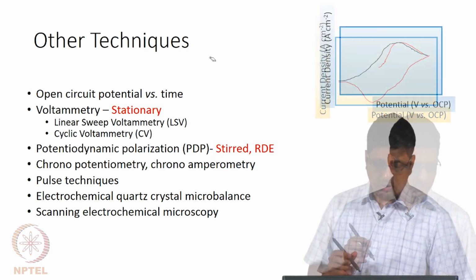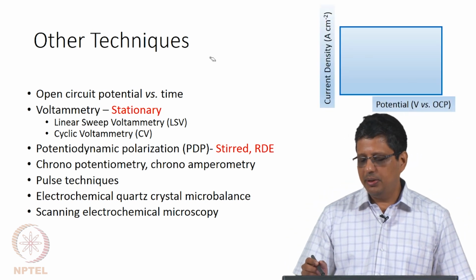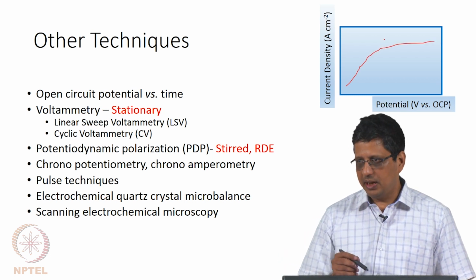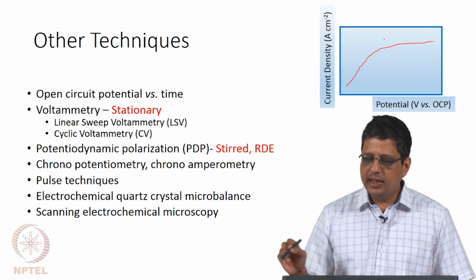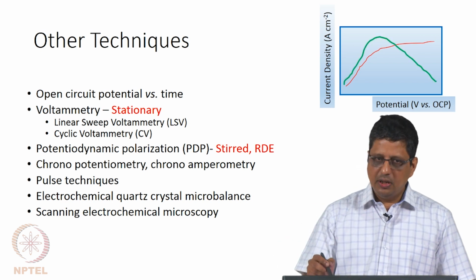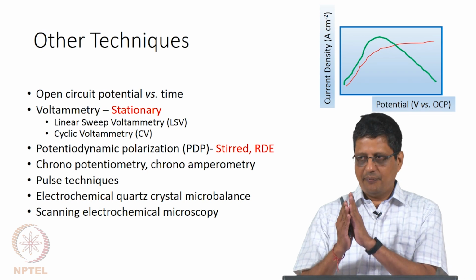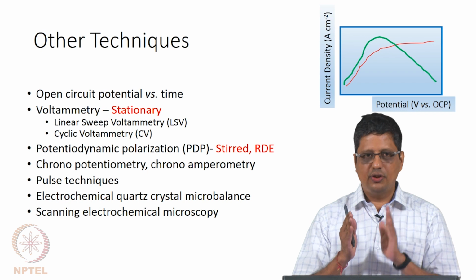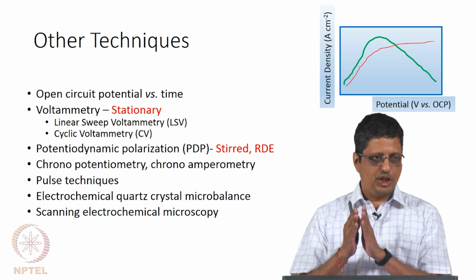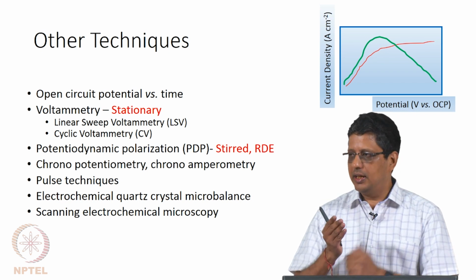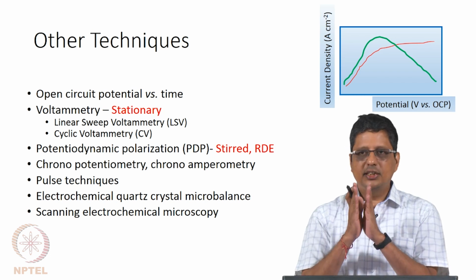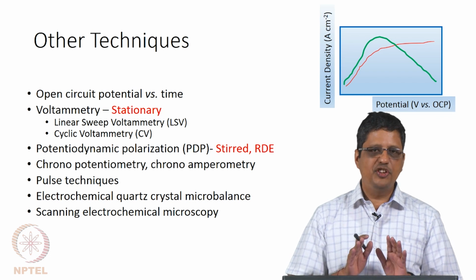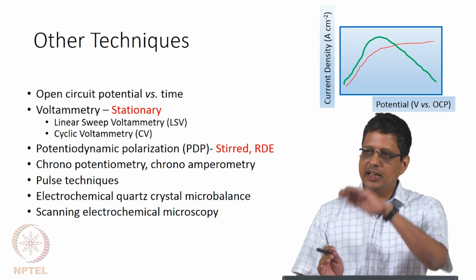There are other techniques. So, in the potentiodynamic polarization, as an example, you can have current increasing and then stabilizing after some time. You can have current increasing and decreasing after some time. For example, you can have a reaction where you have a metal, it dissolves and also forms an oxide. The oxide may also dissolve at a particular rate in the solution. When you go to higher and higher potential, the oxide formation rate may be more than the dissolution rate of the oxide, in which case the surface becomes passivated, in which case the current comes down. So, at a superficial level, it will appear like current increases and decreases.